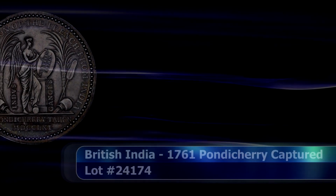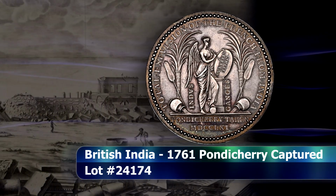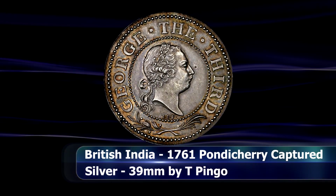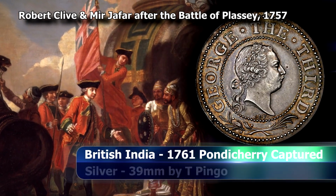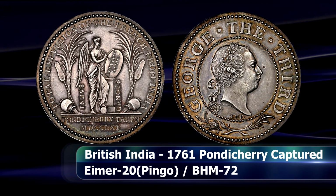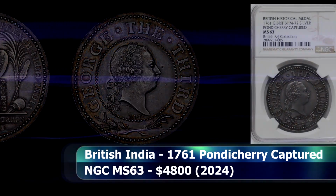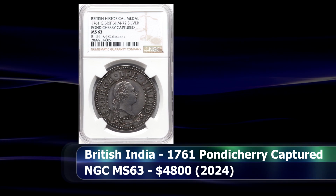$4,320. This silver medal was issued in 1761 following the siege and capture of the French-controlled port of Pondicherry by British forces during the Seven Years' War. The medal loudly proclaims, and I quote, "the total expulsion of the French from India" on the reverse of the medal. Now, the French would again regain control of the territory as part of the Treaty of Paris in 1763. This historic medal from the British Raj collection was graded by NGC as MS63 and sold at auction for the sum of